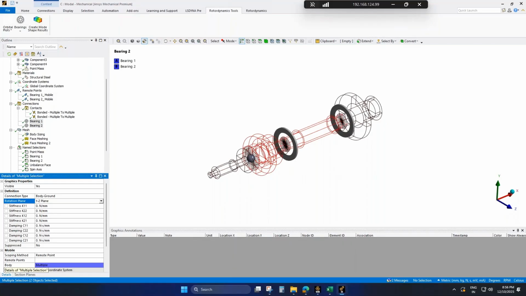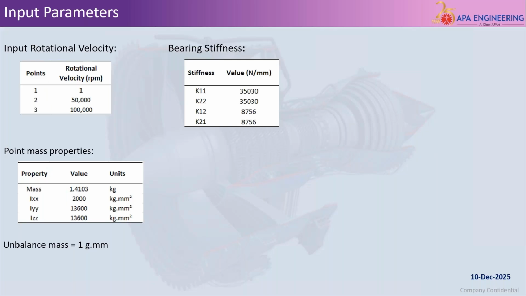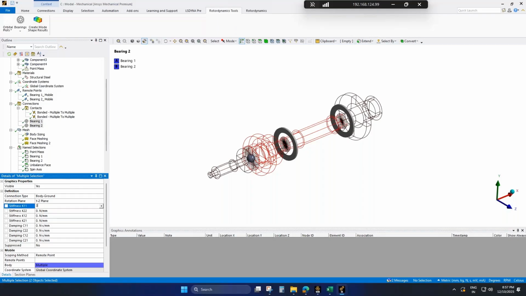I'll just peek into the PPT. 35030 Newton per mm, 35030 Newton per mm. With that, we have defined our bearing stiffness values.